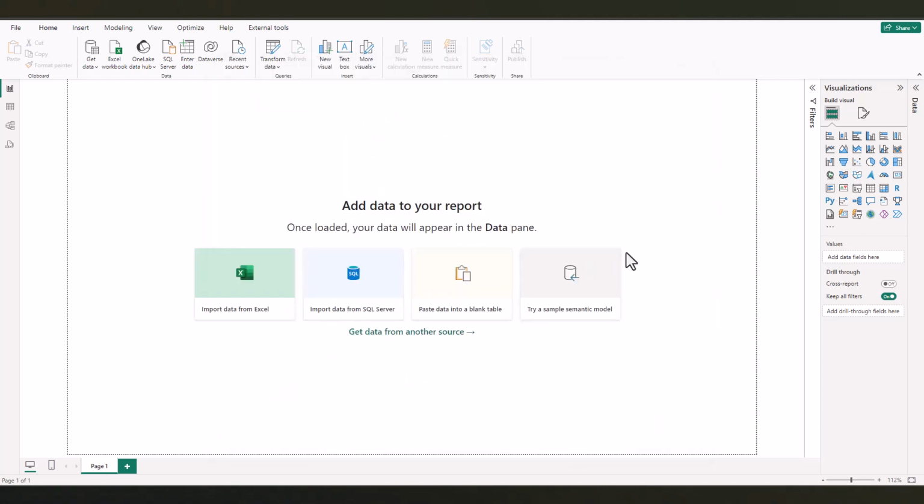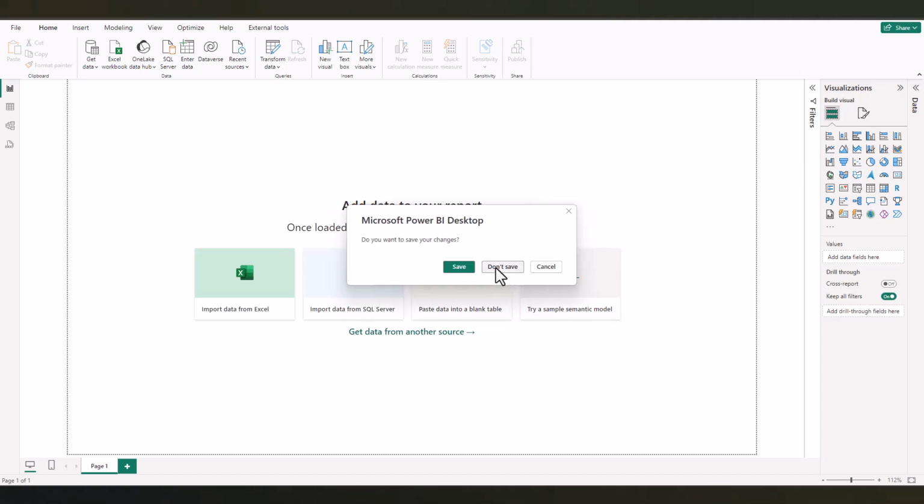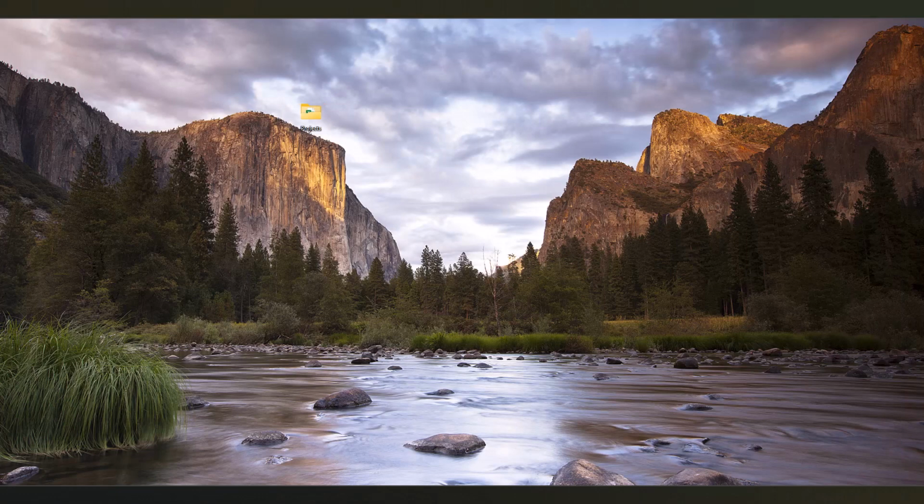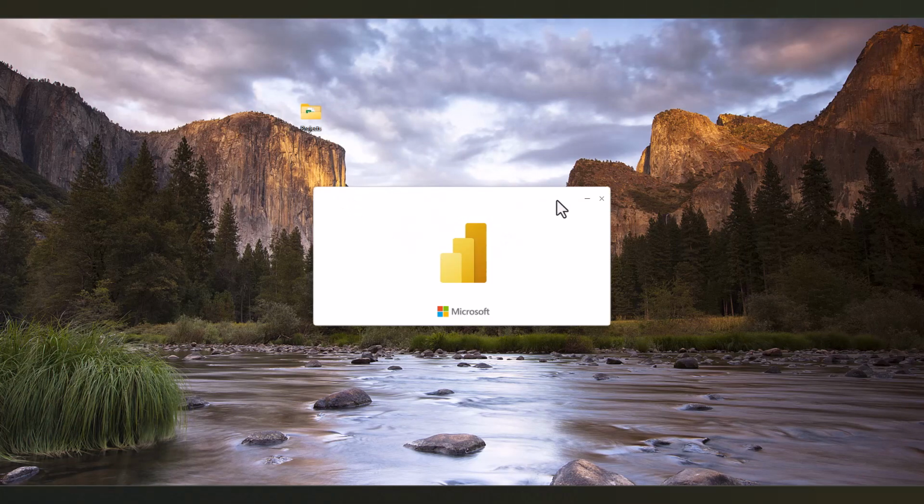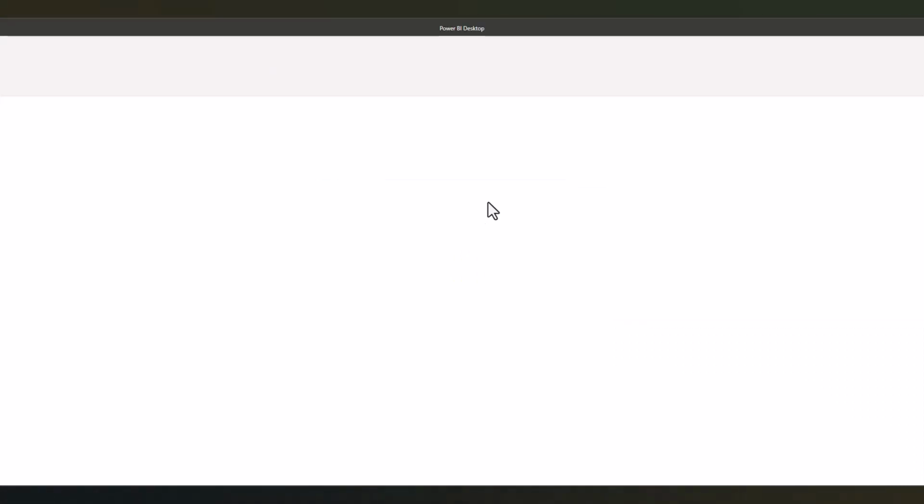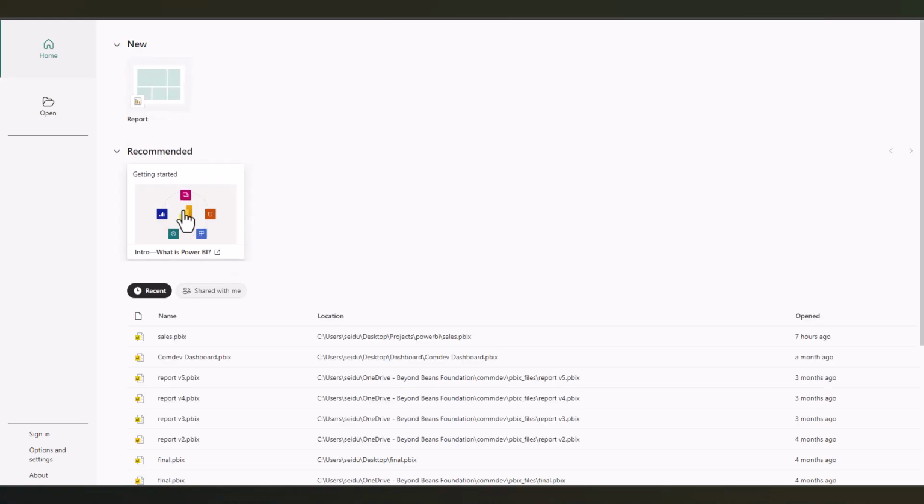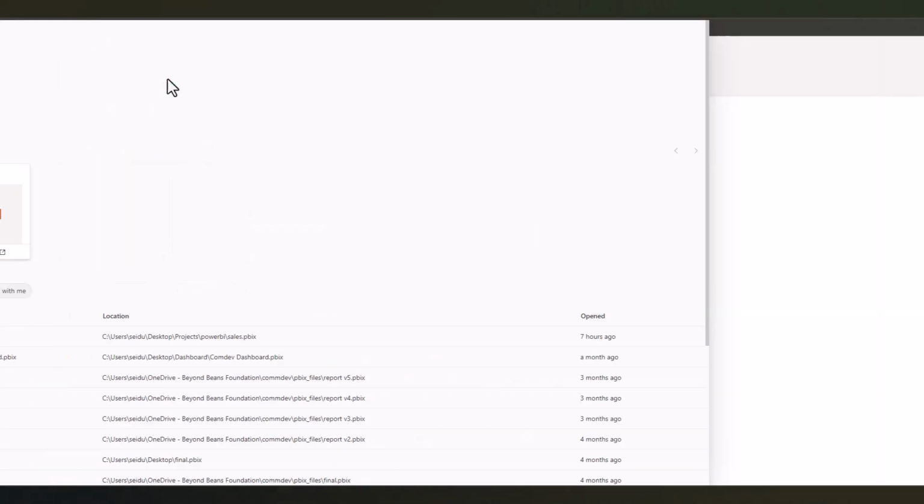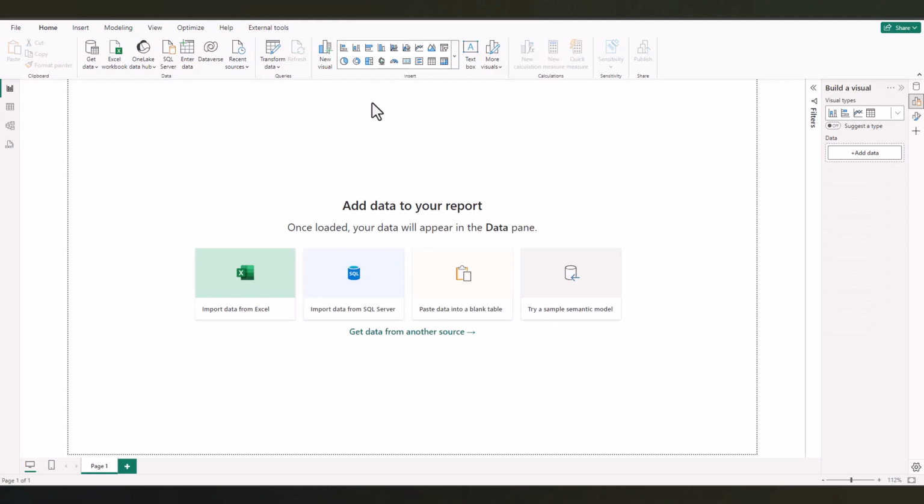Then we need to restart our Power BI for this to take effect. So let's quickly do that. I will save, so I'll open Power BI again. Alright, so now let's click on New Reports, and we can see that we have our visuals in this ribbon